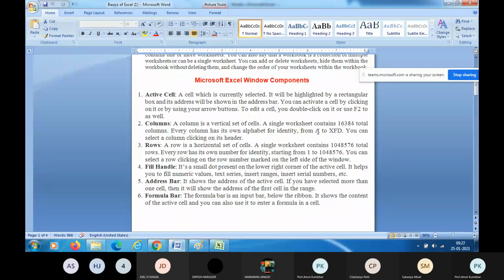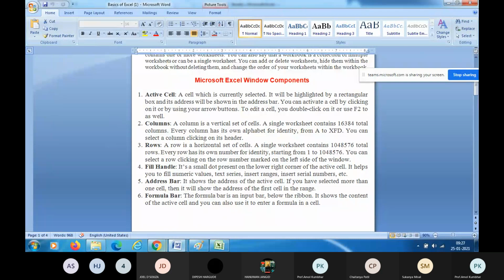Column A is the first column and column XFD is the last column, and its number is 16,384. You can select a column by clicking on its header, right?